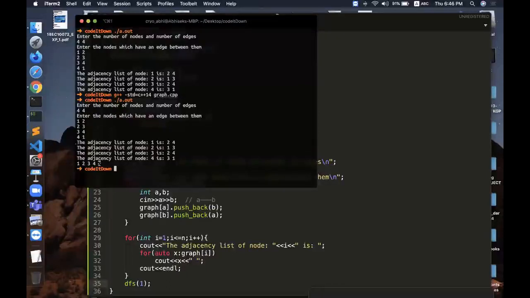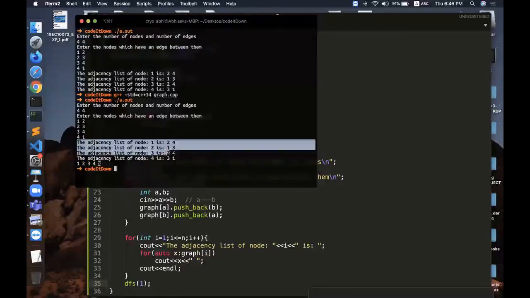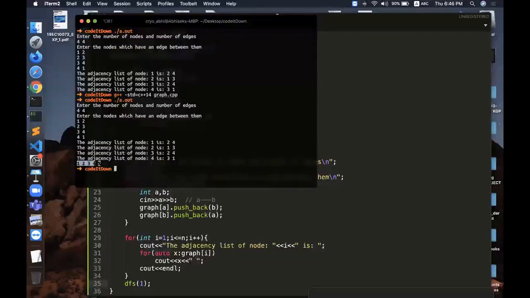You can see it first prints the adjacency list for every node, and then it prints the DFS, the order in which my DFS function was called.